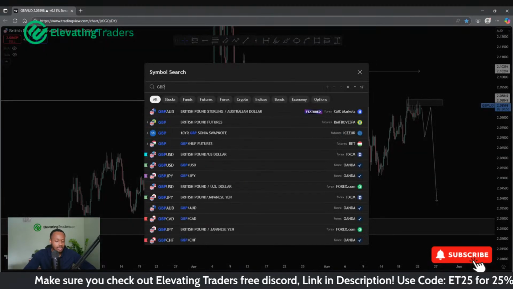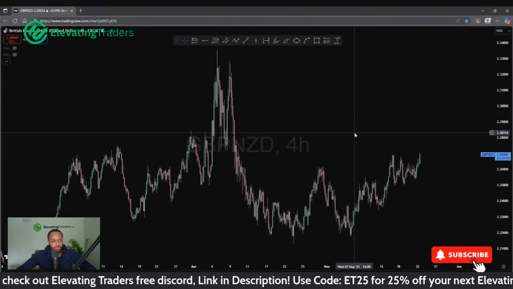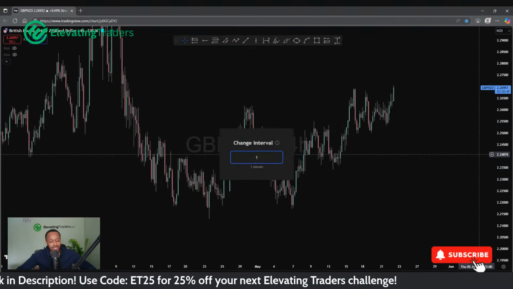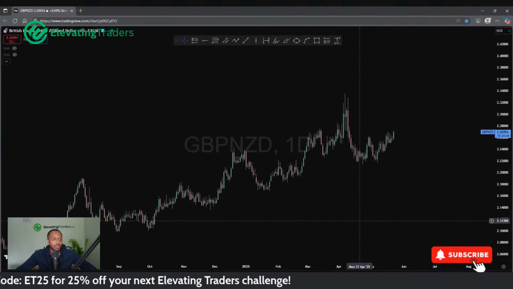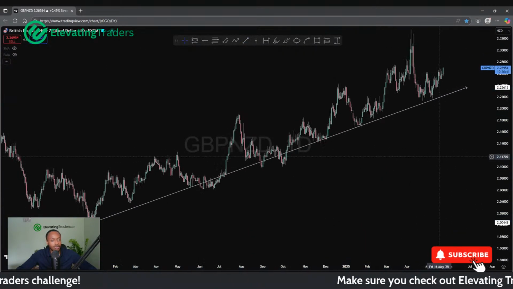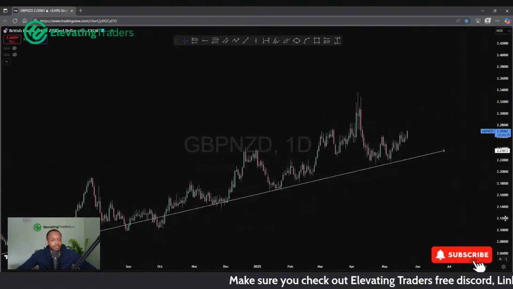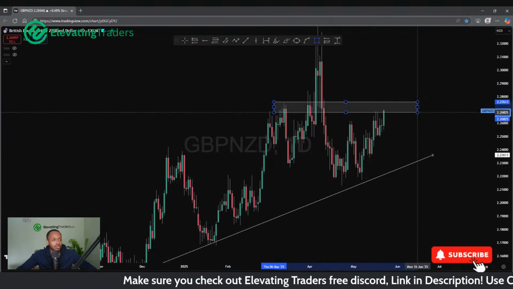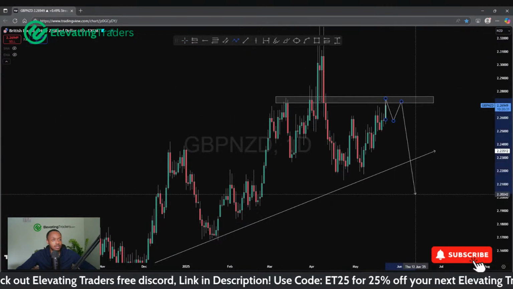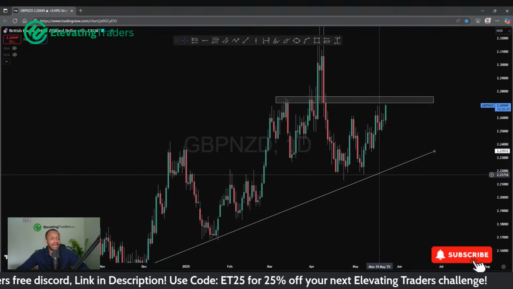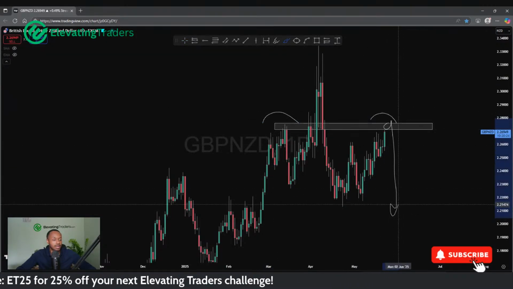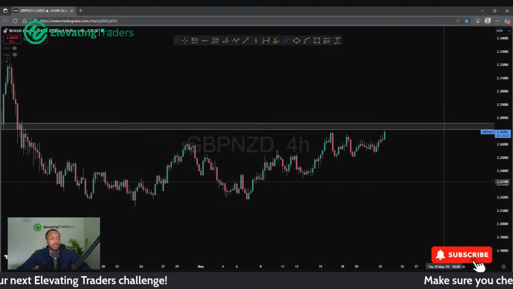Taking a look at pound entity as well, as partner in crime. This one looking pretty bullish as well. Again, I've been looking for a bigger pullback. Perhaps we are putting another higher low in. The trend is still very much to the upside. I do wonder, are we just seeing continuation of that? I would be a bit skeptical as we do push back into resistance here. I've got a feeling we could put a high in and come back down. So there's your first high, there's your second, and there's your short. That's kind of what I'm looking at there for pound Aussie.